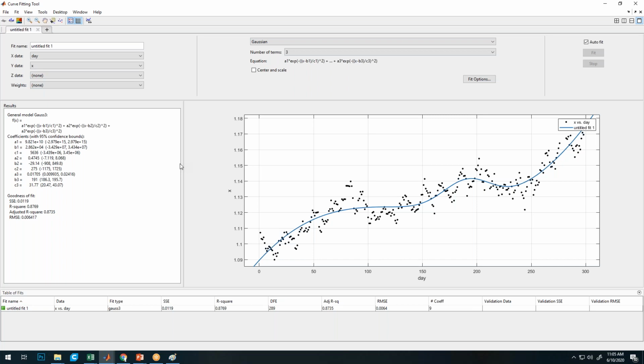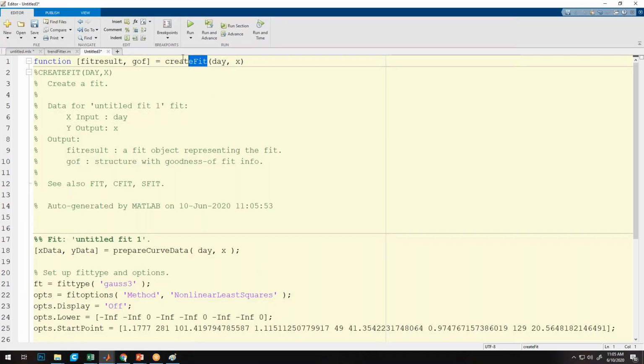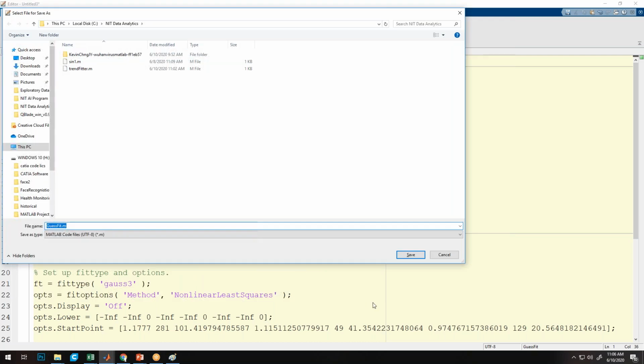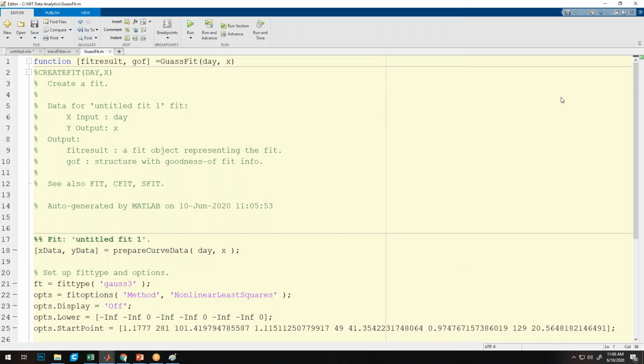Once we get the curve, then we can easily find out the maxima and minima over that period. Say for example, if I get this curve, then what I will do first, I will create a generate function and say Gauss fit, control S.